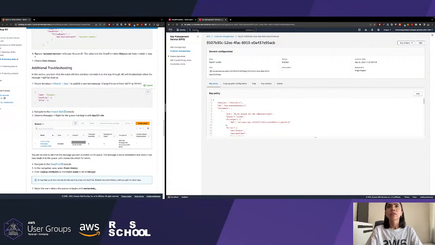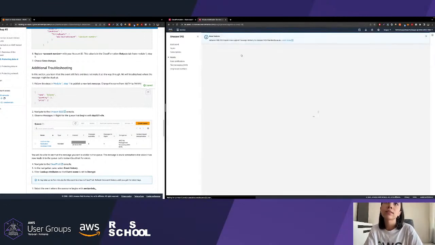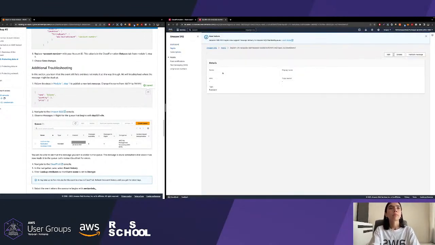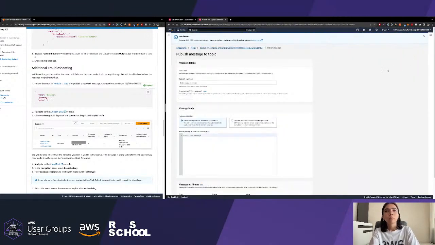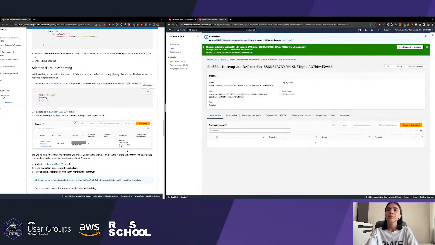Okay, for that, you remember already, we are going to publish a test message to the SNS. Hit the publish message button, copy paste the message. Now we have banana one. Okay, publish message.